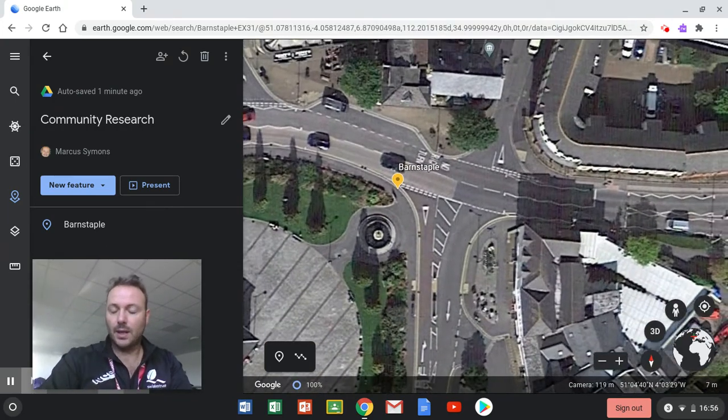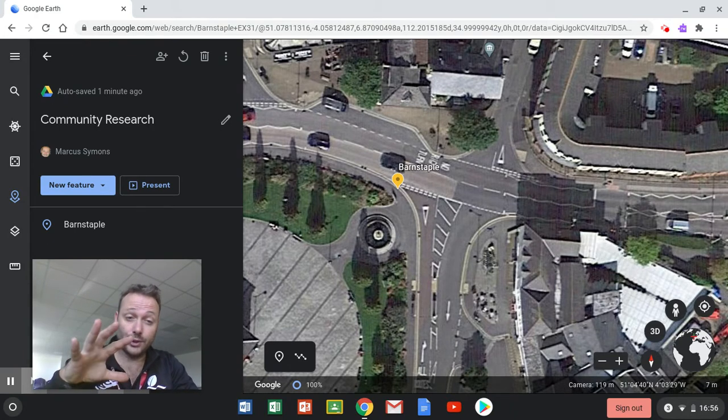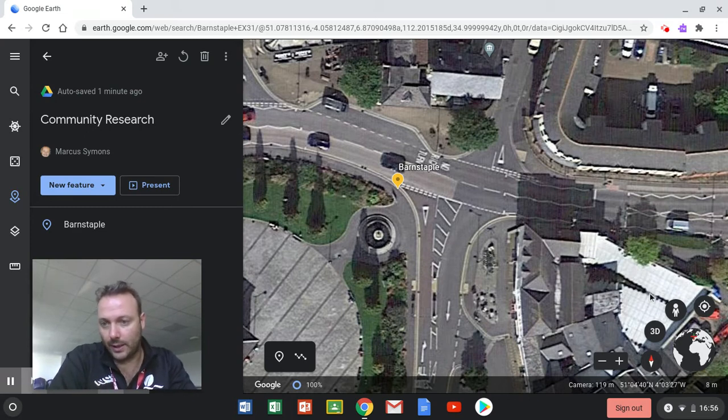Okay. Now we want to look at a street view rather than a bird's eye view, which is what we're looking at now, as a bird would look at a map. We want to go in as we would be if we were in person in town. To do that, we click on the little person down the right-hand side here, where my mouse is. All right, so click on the person,